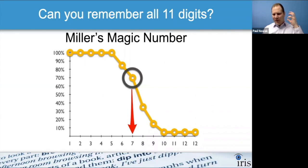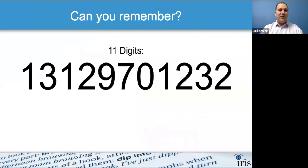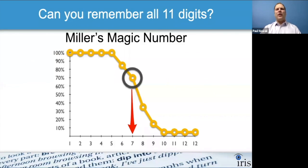You have all this information in your head, lots and lots of data. But yet somehow we can't remember someone's name, or we can't remember 11 digits short term. It's because there is a distinction between short term and long term. So we all know that with memory, the challenge is, how do I take this short-term memory and convert it into long-term memory? There's got to be a conversion